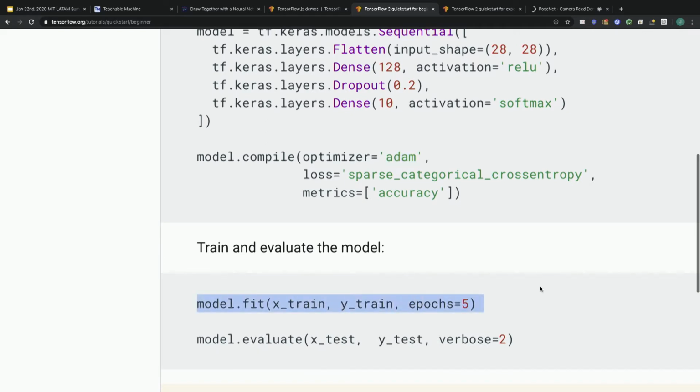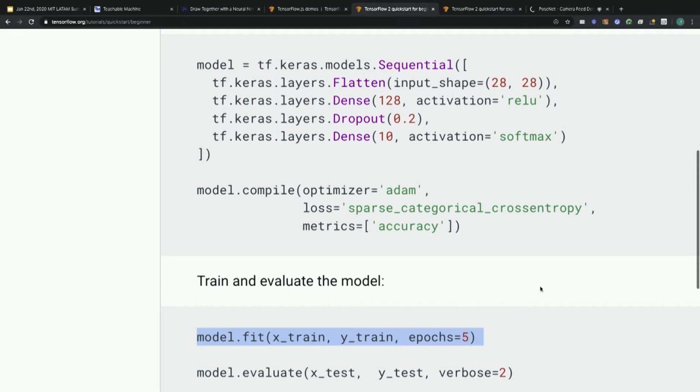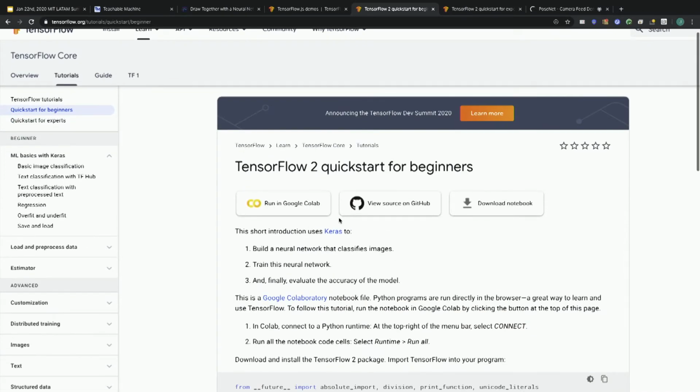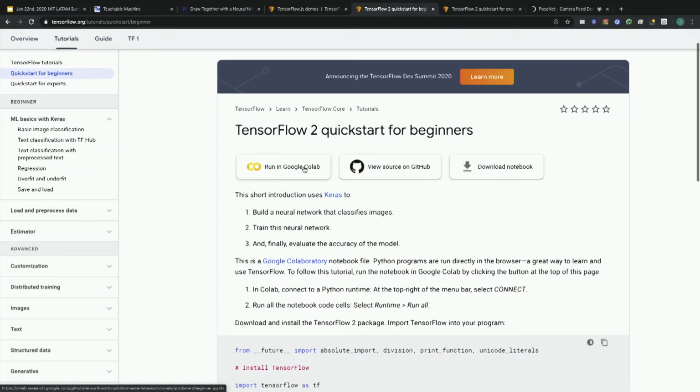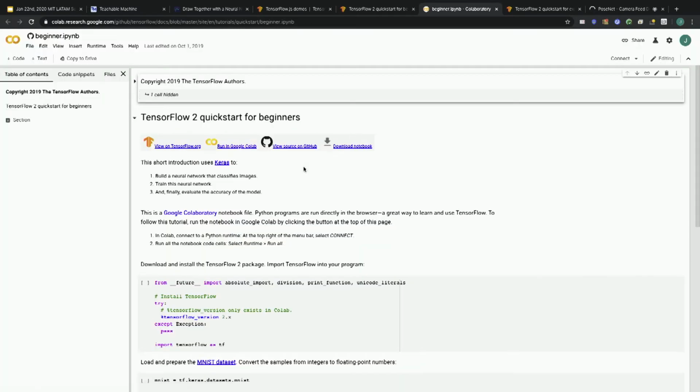And so this is our beginner style. And so that's the complete code for deep learning. There's not much to it. And you can spend your time learning. The reason I mentioned Colaboratory is you can download this on GitHub, or you can open it up in Colab. And Colab is reading this directly from GitHub.